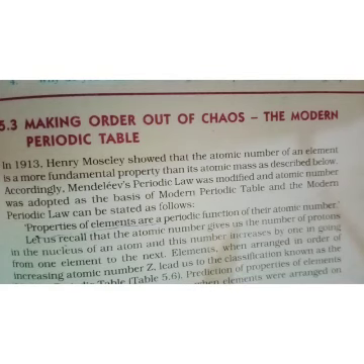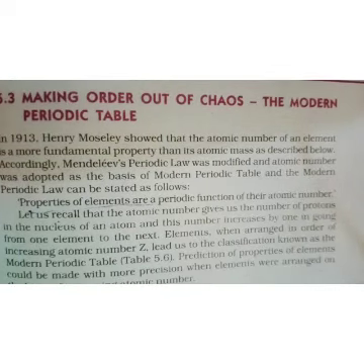So in the modern periodic table, Moseley's periodic table, he classified elements on the basis of their increasing atomic number. Atomic number is the most fundamental property of an element. It is equal to the number of protons present in an element, and for each element there is a specific atomic number. Now let us see how elements are grouped into this periodic table.